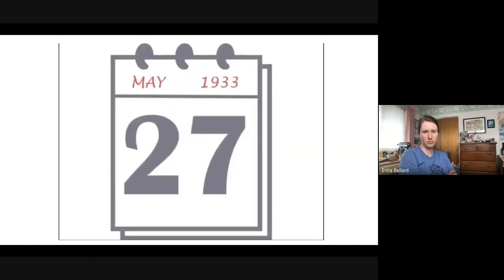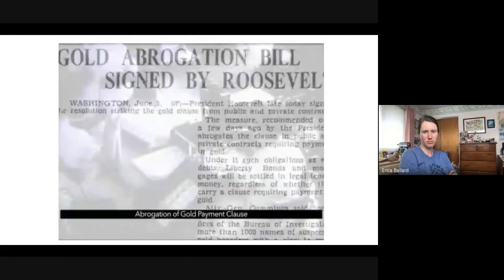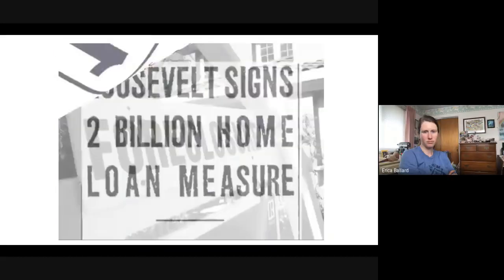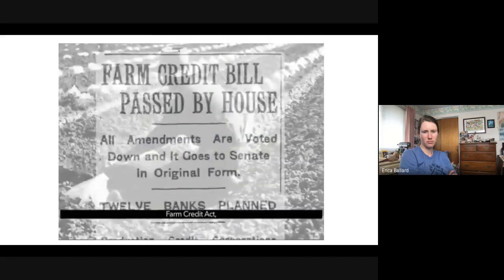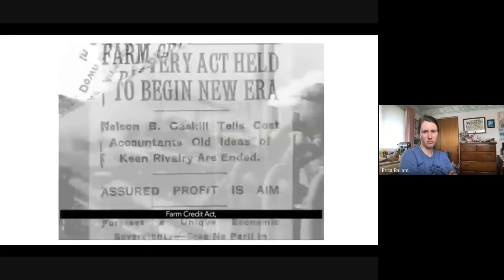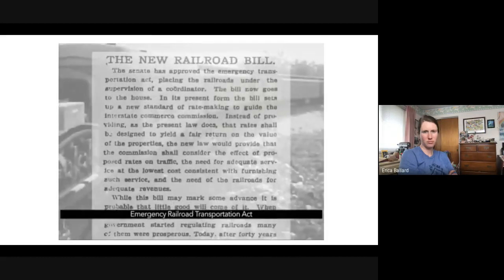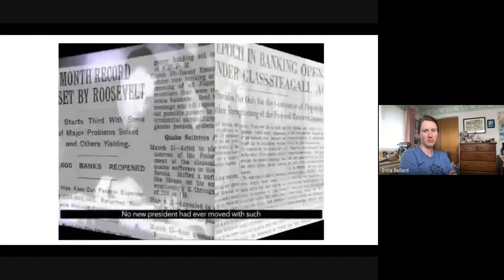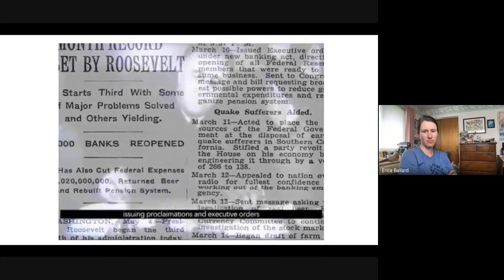May 27th, Securities Act. June 5th, abrogation of gold payment clause. June 13th, Homeowners Loan Act. June 16th, Farm Credit Act. National Industry Recovery Act. Emergency Railroad Transportation Act. And Glass-Steagall Banking Act. No new president had ever moved with such urgency on so many fronts so fast, issuing